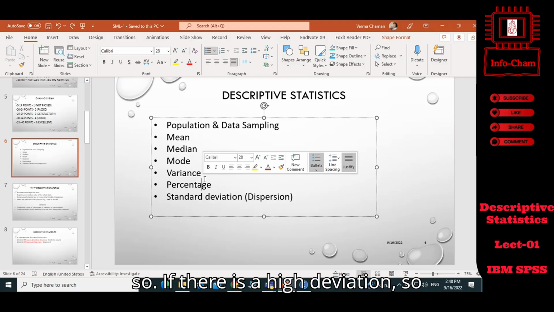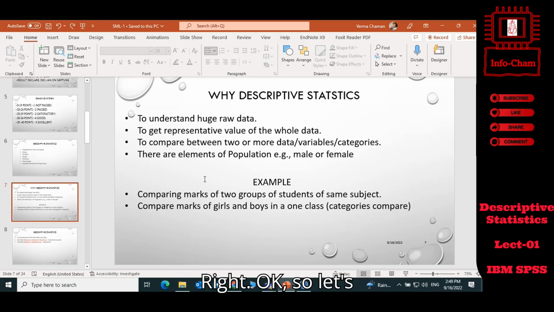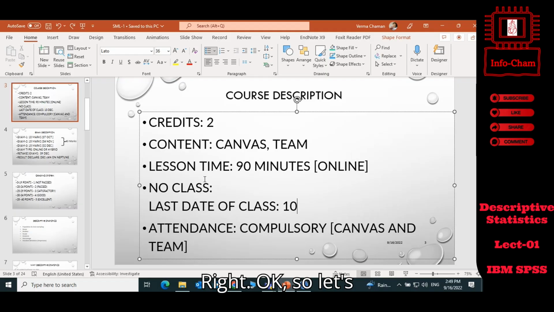If there is a high deviation, the data is not good. Sometimes you need data where the standard deviation should be less. So these are basically descriptive statistics. There can be more and more. Okay, so let's go